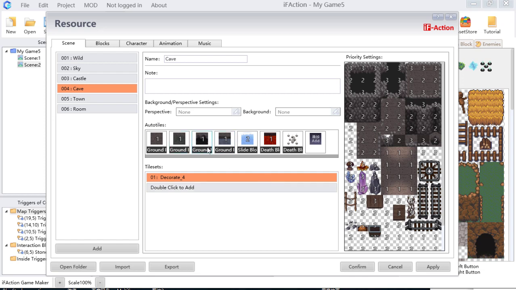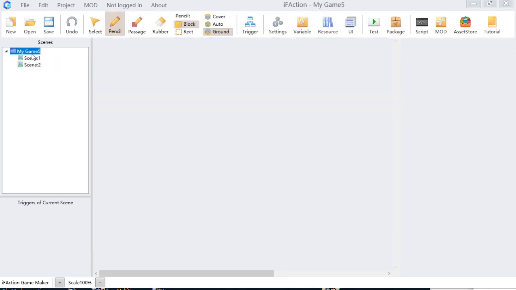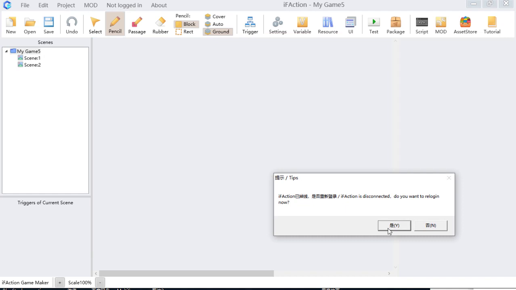The priority of the tile only works on the ground and cover layers, and the priority of the outer layer is calculated automatically. So you don't need to consider the priority of the outer layer. For example, the priority of the ground block is 1 and the slate block is 2. So we can create a new